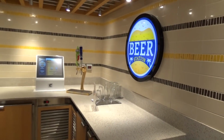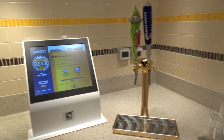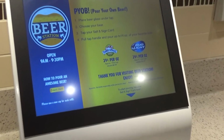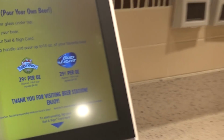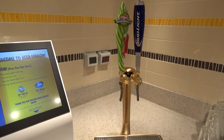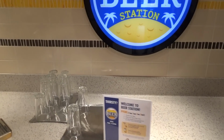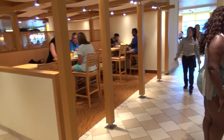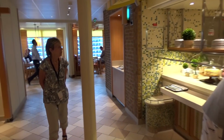If you're a beer drinker, they have a beer station here in the buffet, and it's pour your own beer. It's like filling up your gas tank in your car. Here you pay by the ounce on either Thirsty Frog or Bud Light. One of the cheaper places to get beers on the ship. A 14-ounce beer, $4. You pour it yourself. If you brought your own mug and you want to just fill up a giant mug, you could do that too. But then one of my highlights of the cruise overall is the first time I've seen something like this